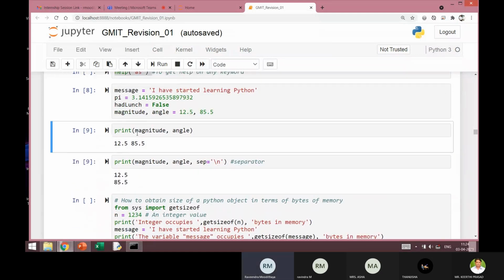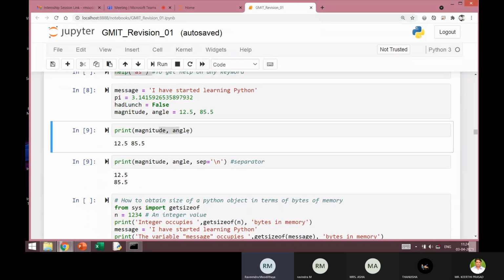Now, one more thing to notice here is something not very commonly told in Python documentation or in Python textbooks. Whenever I write a print statement with two values, these two values are separated by a space character.